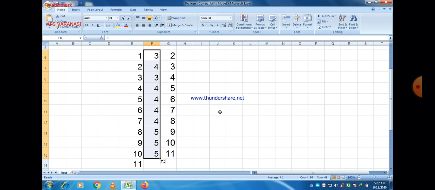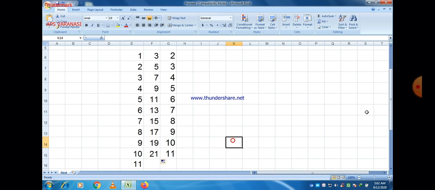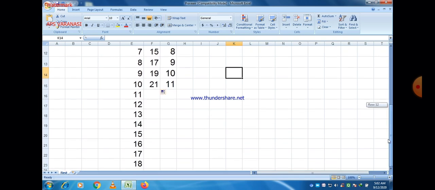So at least give 2 or 3 numbers if you want to make a particular sequence here. If I want to print only an odd number series, then I just give 1 and 3 and drag it, and you can easily find out the series. Suppose I give 3 5 7, then you can easily see that all odd numbers starting from 3 will be there: 3 5 7 9 11 13 17 21, etc. These are the values.